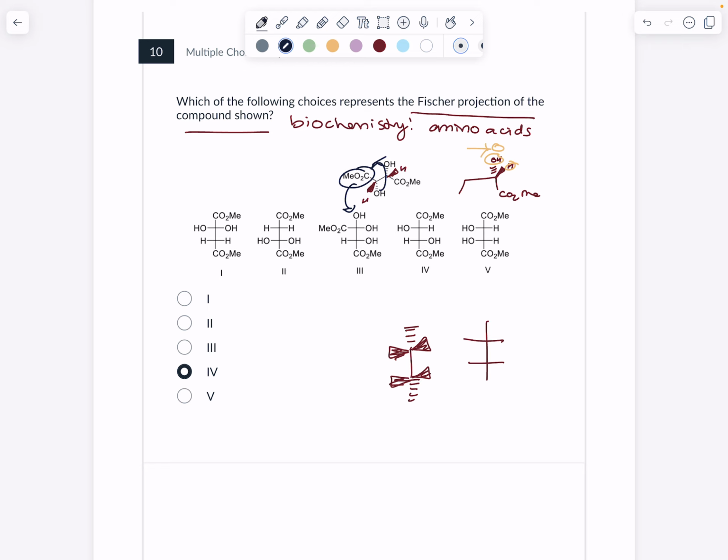And the same thing happens here. So your alcohol, which was on the dash, so pointed away from you, pointed down like your index finger, if you rotate that, is now going to be pointed towards you. And then the hydrogen is going to be pointed away from you. So on this question,